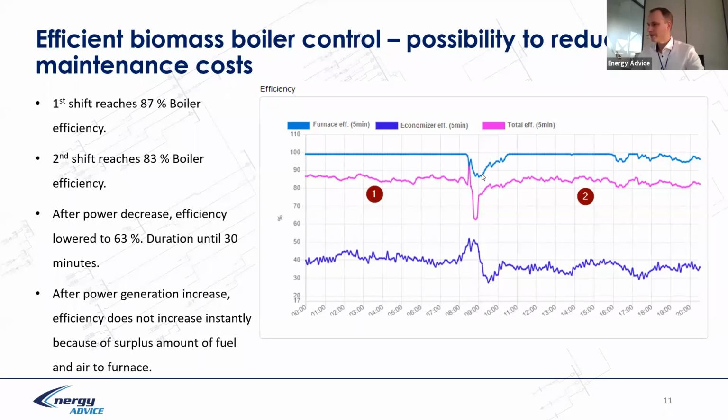And at some moment, the efficiency reduction of up to 63% was recorded because of dynamic load and thermal load change. However, we can understand that one shift is operating the boiler at on average 4% less efficiency compared with the first shift. The question would be, what is the maximum efficiency possible to reach without, for example, optimization?